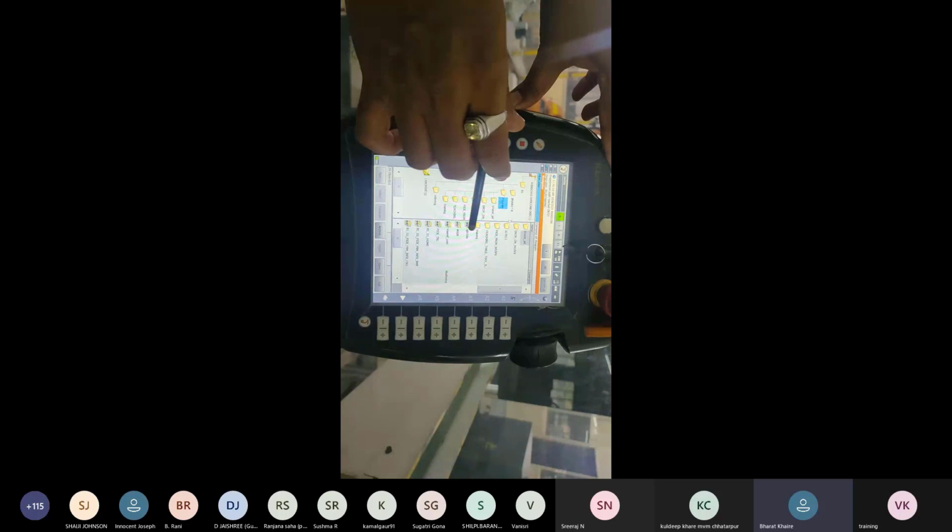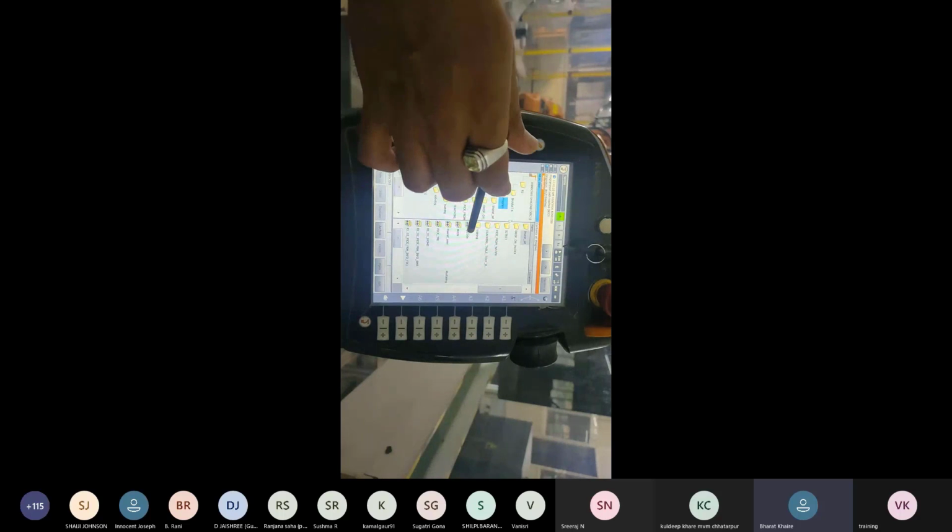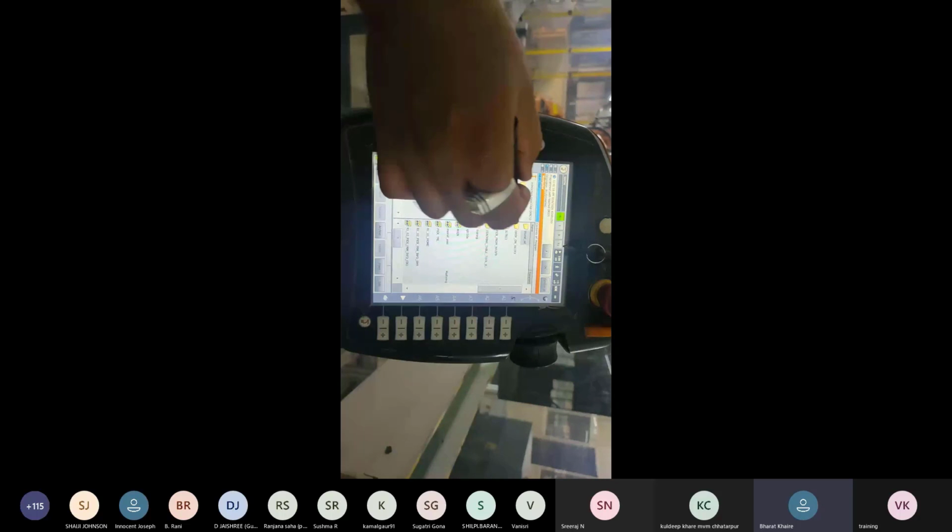So in the folder, we can make another new folder and file, but in the file, we cannot make any other file or folder. So a file is an individual program, and in the folder, we can make other folders and files.